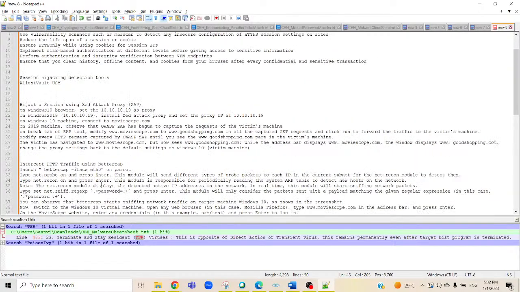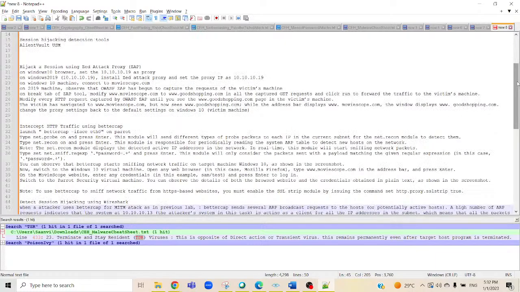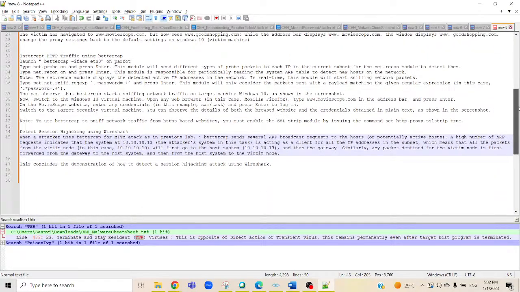So the next lab is detect session hijacking using Wireshark. We can continue the same lab that we used in the previous lab, using BetterCap, and capture on Wireshark. We can see that on Wireshark there will be lots and lots of ARP broadcast requests to the host. A high number of ARP requests indicates that the system 10.10.10.13, the attacker system, is acting as a client for all the IP addresses in the subnet,